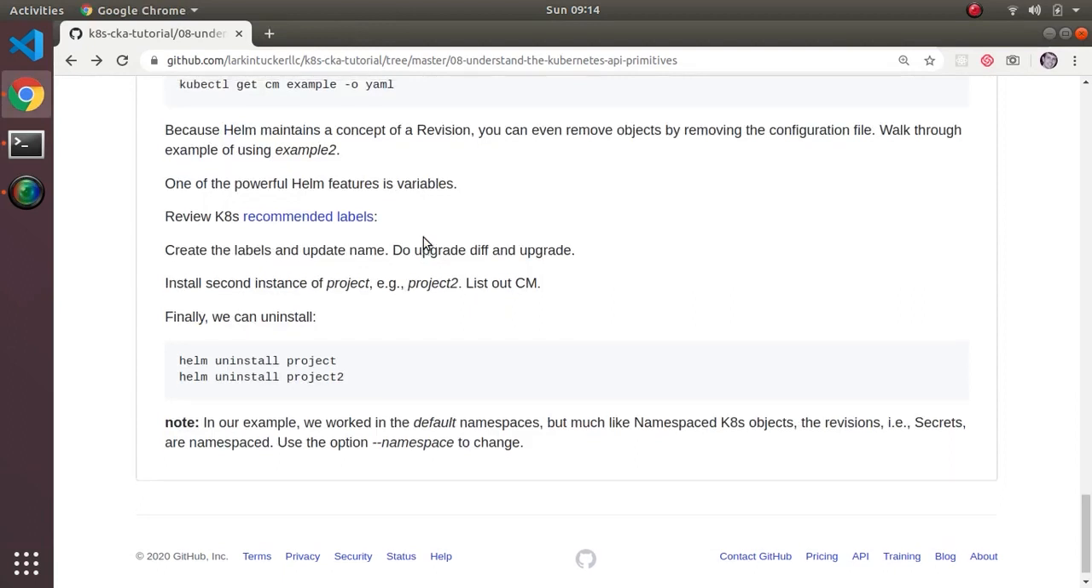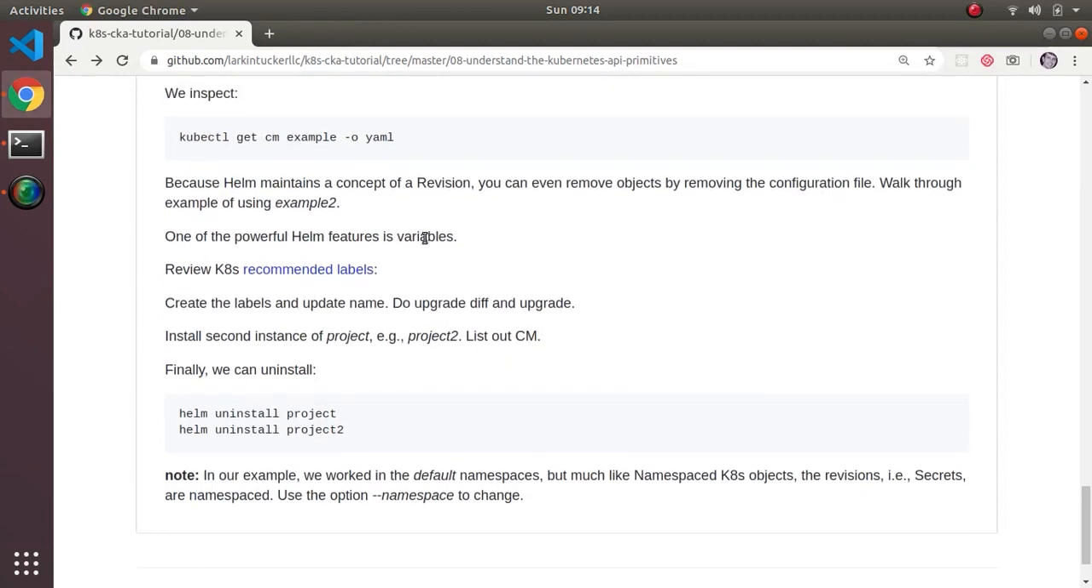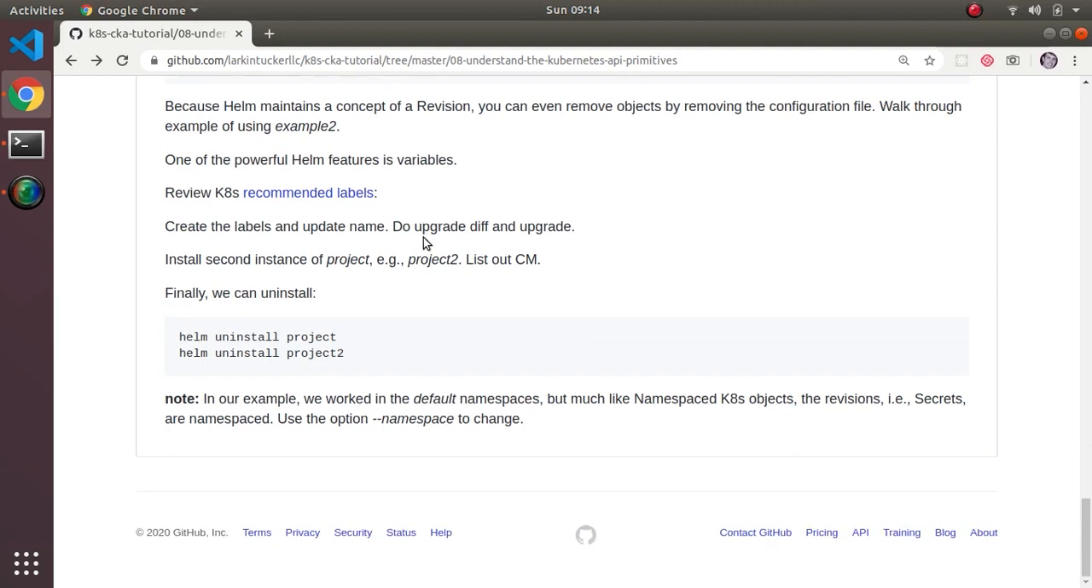Okay, so far that's most of the flow, right? You just keep on upgrading, and rolling back and upgrading. One of the main features of Helm is the ability to use variables in your config files, right? In your YAML files. And we're going to use the example, if you remember before,